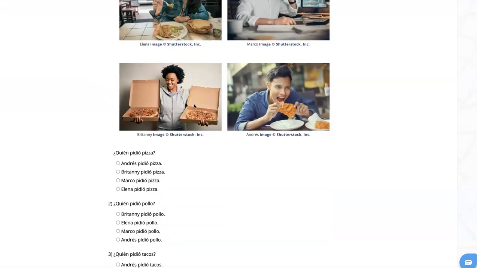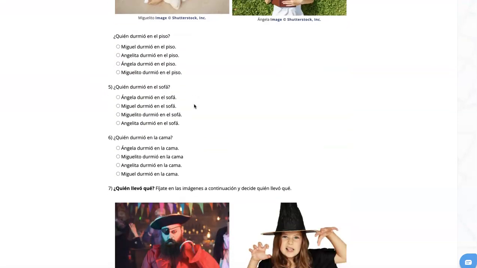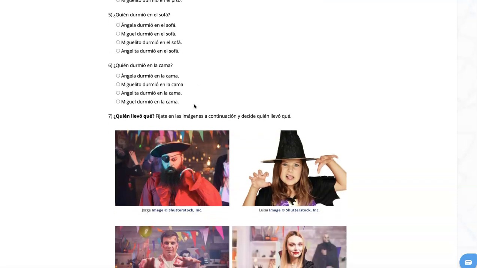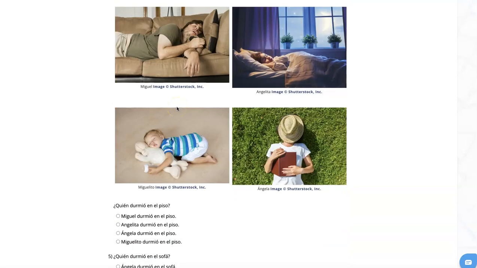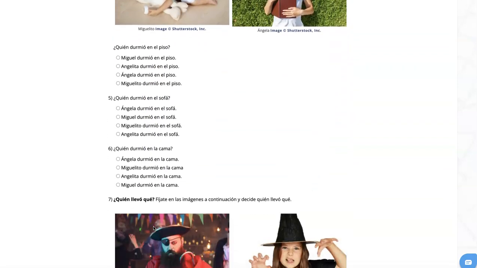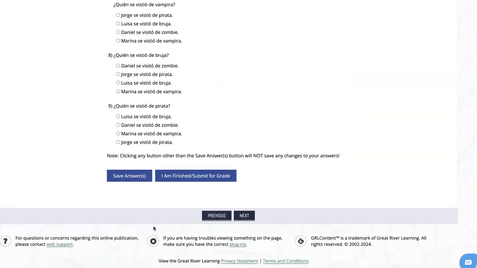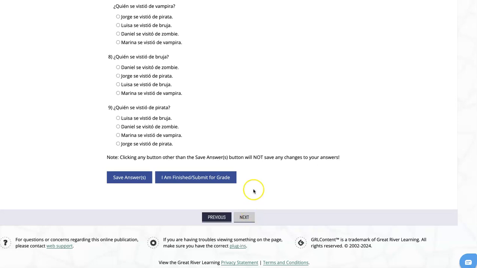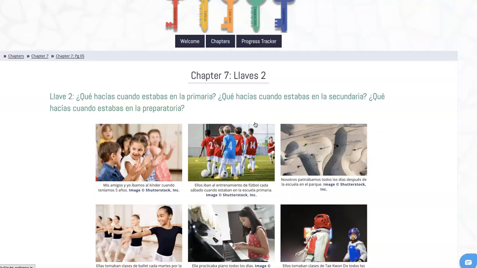Just click on the instruction points. In this case, you're matching what the different people were doing with phrases that make sense. All of these in the preterite past tense. Okay, and the second,